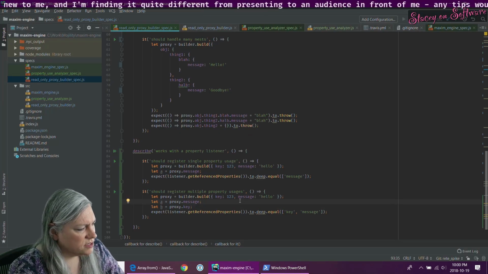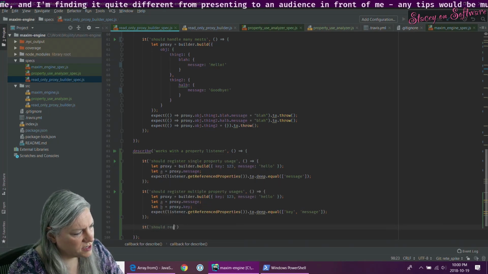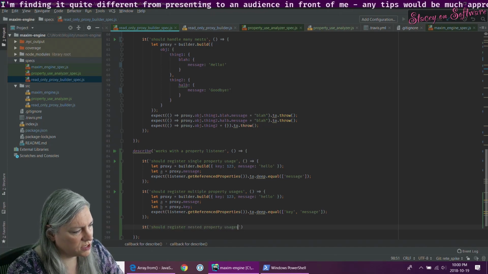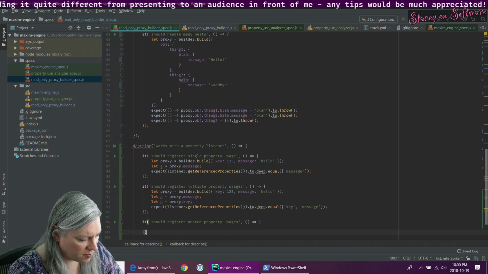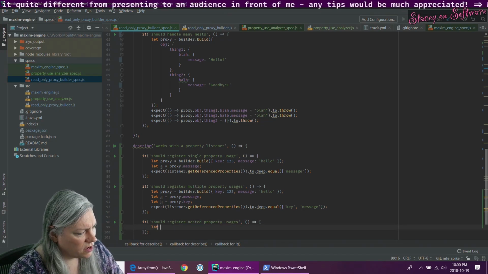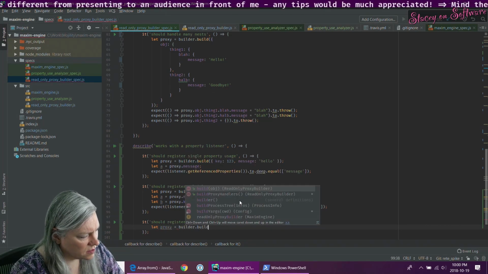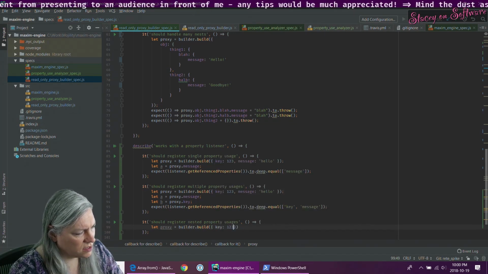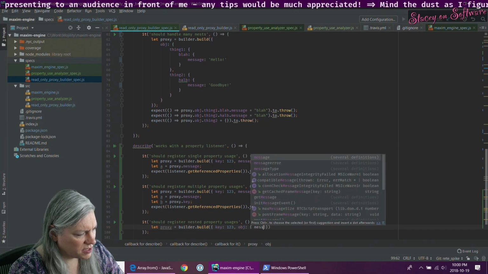And I'm curious, so it should register nested property usages, because this is going to be a big kind of requirement. I'm going to want to be able to say I got a key, an object that's got a message.